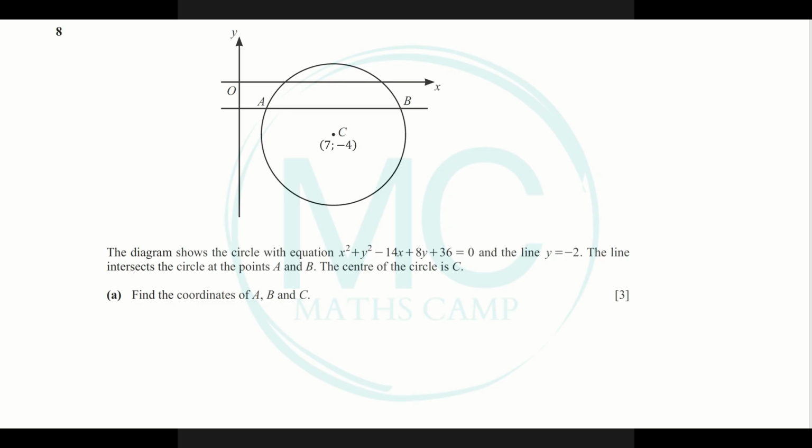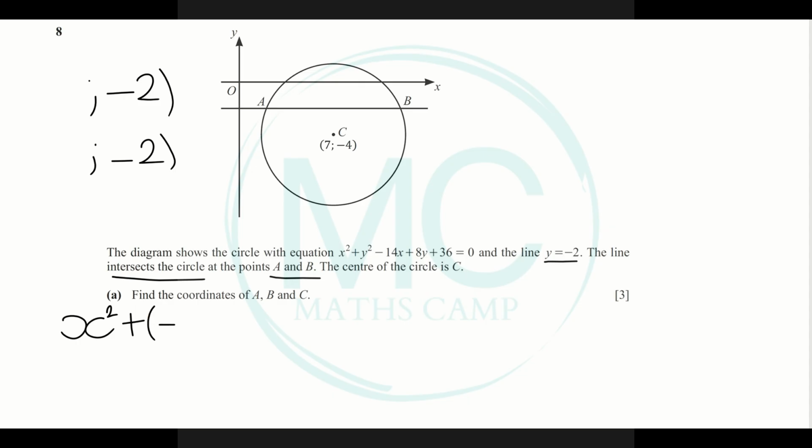The question tells us that the line y is equal to negative 2 intersects the circle at points A and B. This means that A and B both have a y coordinate of negative 2. You can put this up here and over there. And all we need to do is find the respective x coordinates. So we can substitute negative 2 for y in the equation of the circle so that we can solve for x. So we can say x squared plus, instead of y, let's say negative 2 squared minus 14x plus 8 multiplied by negative 2 plus 36 is